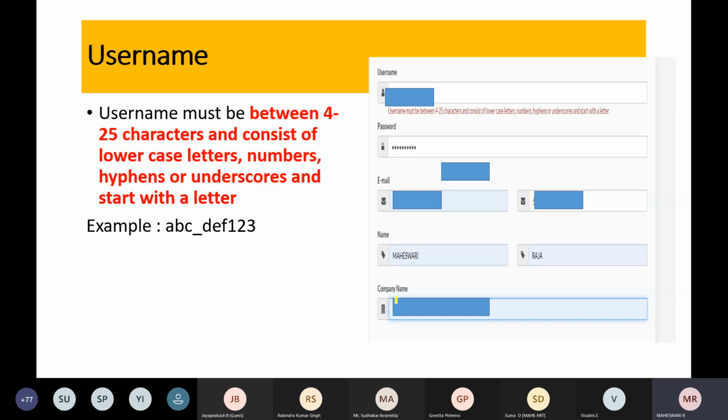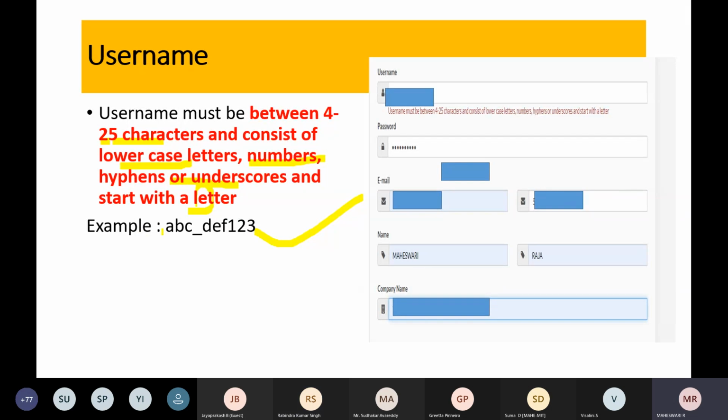One point I would like to bring to your notice through my experience is that your username should be between 4 to 25 characters. It should contain lowercase letters, numbers, and hyphen or underscore, and it should start with a letter. So abc_def123 is allowed.